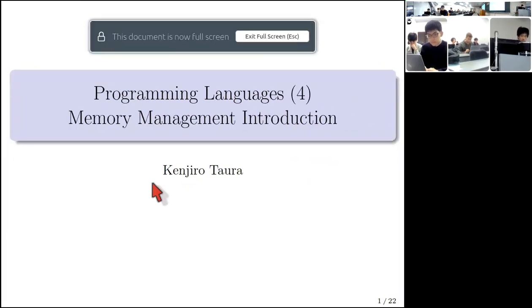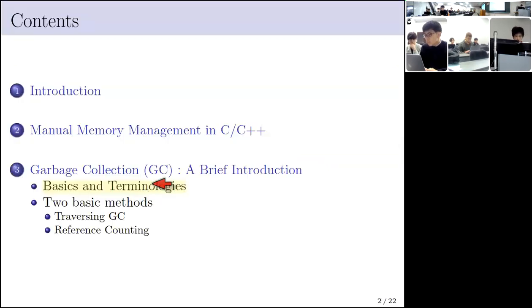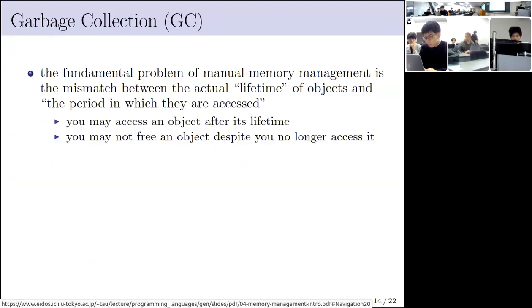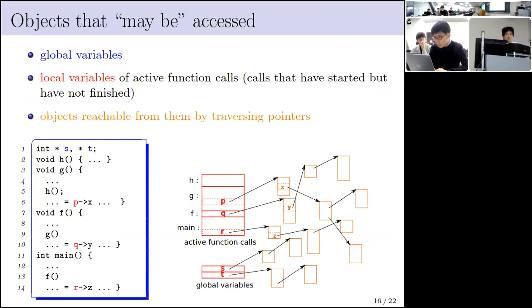This is a topic we have just gone through in the last week. And the most important recap is presumably this slide. So memory management is complicated. So the fundamental reason why it could go wrong is, when you reference a pointer